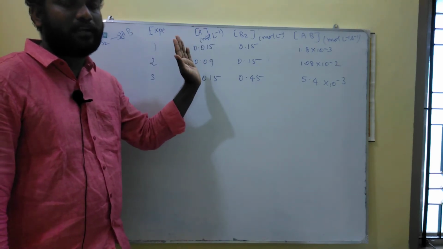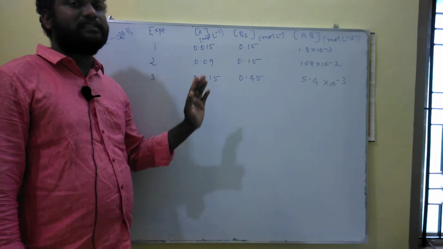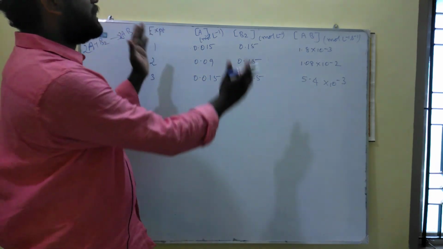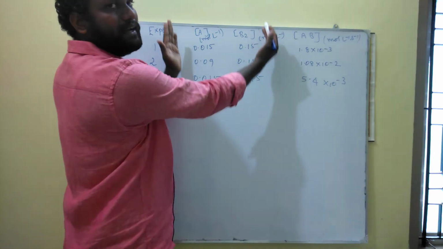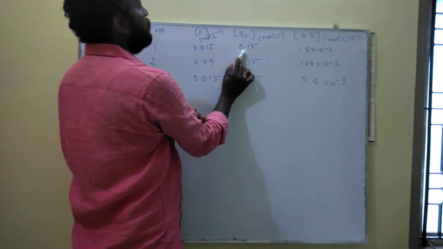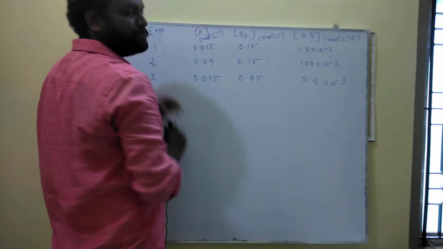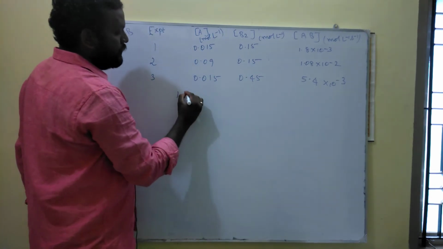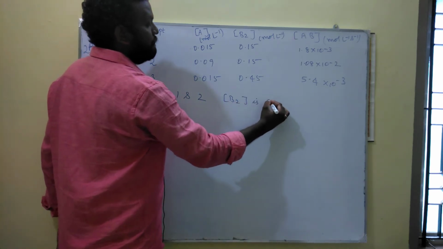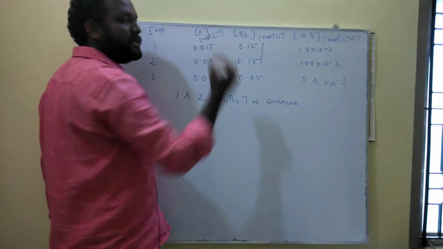Now we are going to calculate the order of the reaction. It is very simple to calculate. In the previous video we discussed how an increase in concentration will affect the rate of the reaction. So just observe the concentration of the reactants. Consider the first experiment, 0.015, 0.15, and the rate. Compare 1 and 2. In experiments 1 and 2, the concentration of B2 is constant, so it will not give any change in this reaction.